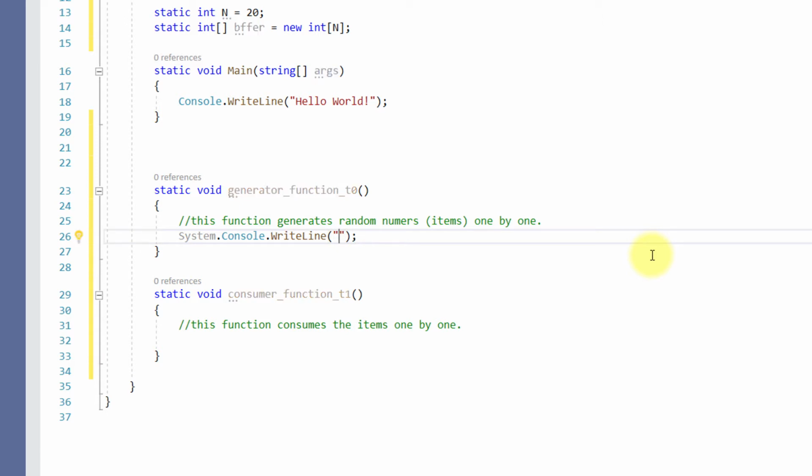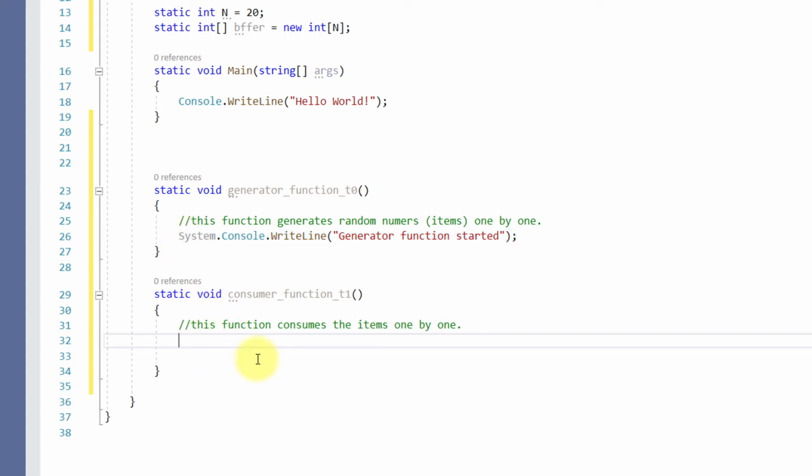So what I'm going to write here is generator function started. Alright, so whenever I call this from the main, that will get started, and at the same time here I will write another statement that will print consumer function started. Alright,